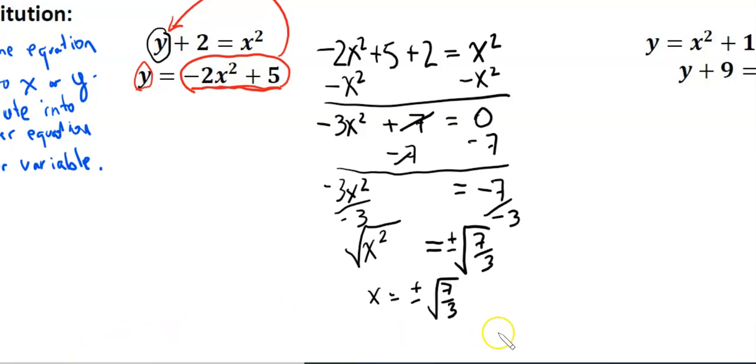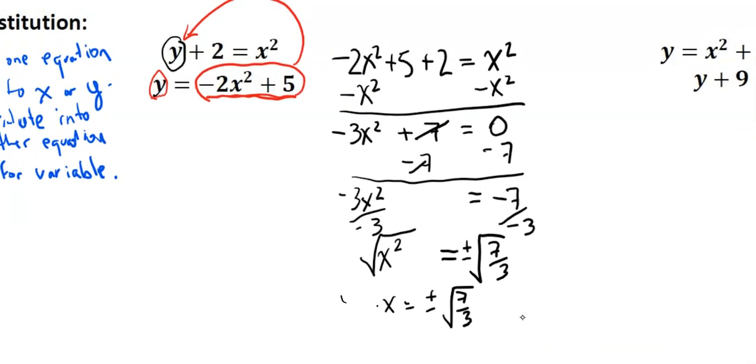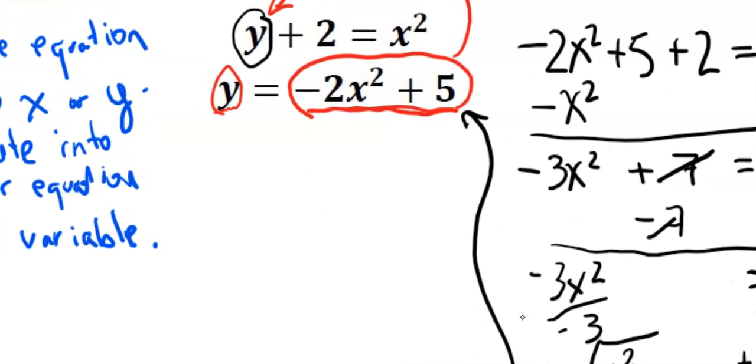So once you have the x values, you want to find the y value or values by substituting what you have found back into one of the two equations. So I'm going to choose to put it back into the second equation since it's already solved for y. So we've got y is equal to negative 2 times the square root of 7 thirds, squared,